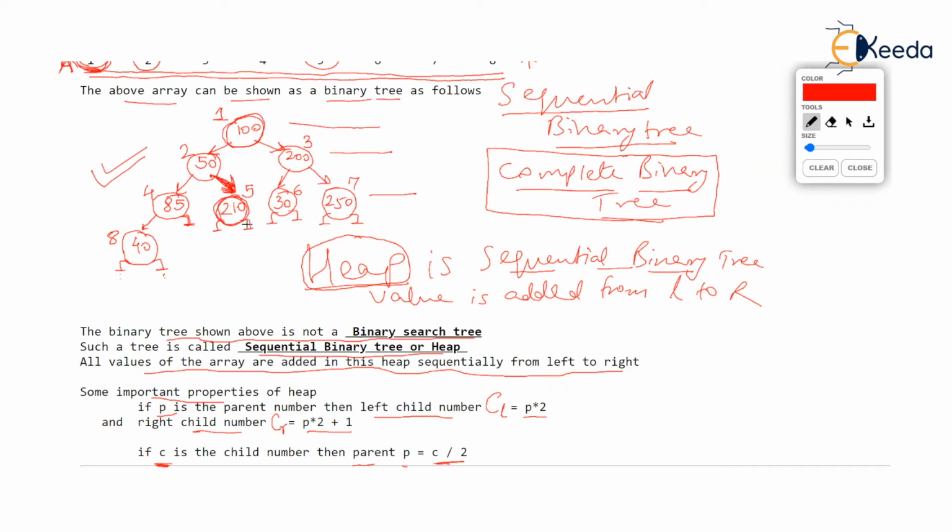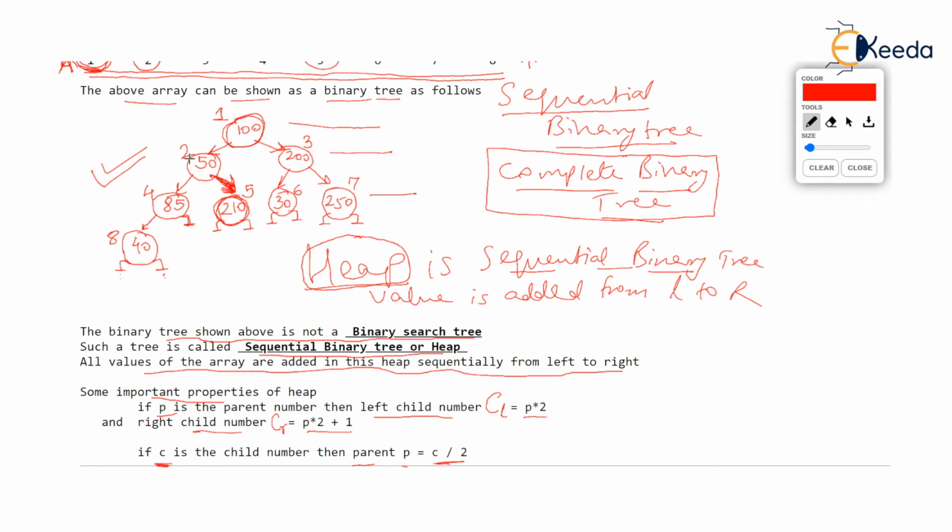Is this a max heap? No way. Check the 100 itself. Check the very first parent, the very first topmost. What is the rule? The value stored inside this node must be greater than both the children, isn't it? Although 100 is greater than the left child, 100 is not greater than the right child, isn't it? So at the very first node, the rule of max heap is not followed. So this entire tree or entire heap is not a max heap. Try it again, 50.